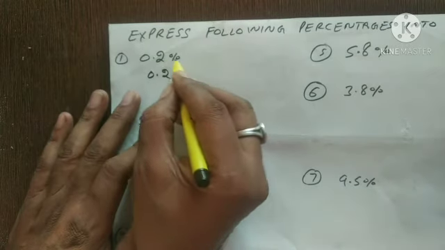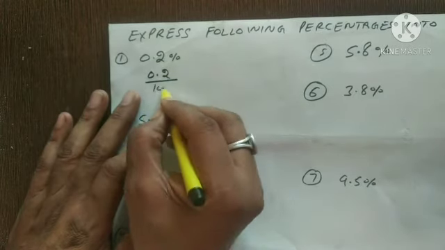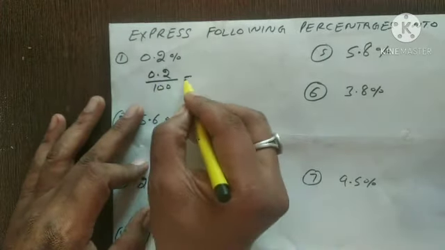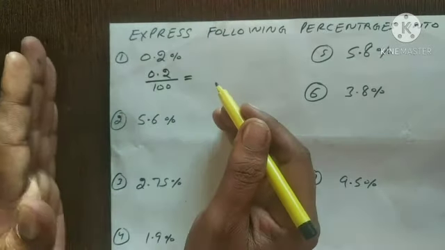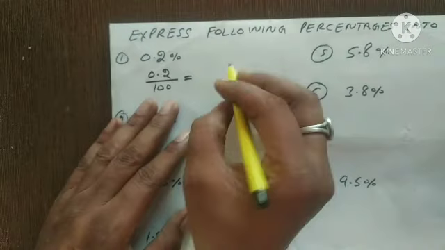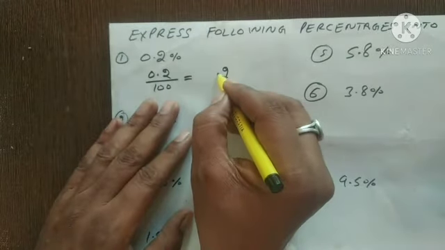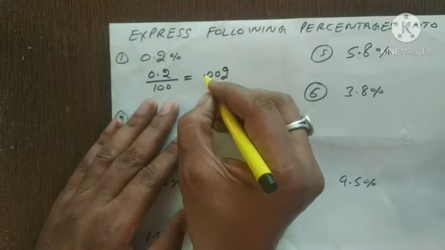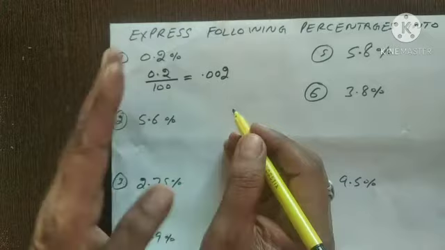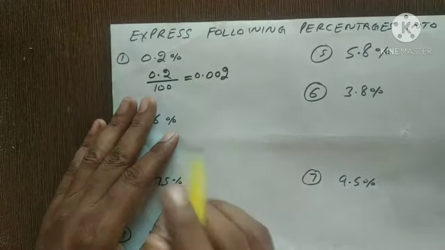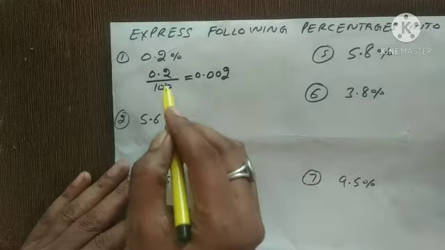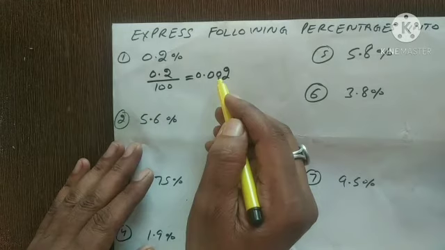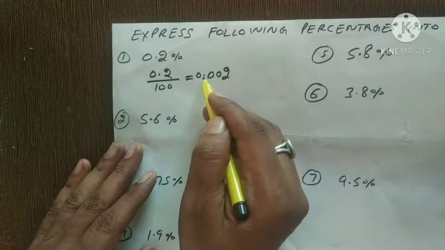Now, what is the meaning of percentage? It means we have to divide this by 100. Now you see that there are 2 zeros, so you will move the decimal 2 places to the left side. Now here you see the decimal was there. Now 1, 2. You mark 2 zeros and move the decimal to the left-hand side by 2 places. Now this is the answer. Because there were 2 zeros, I moved the decimal 2 places to the left-hand side. So 1, 2, and I mark the decimal here.